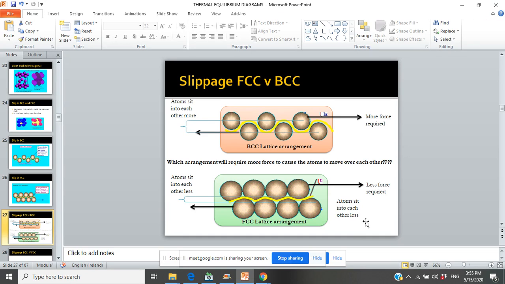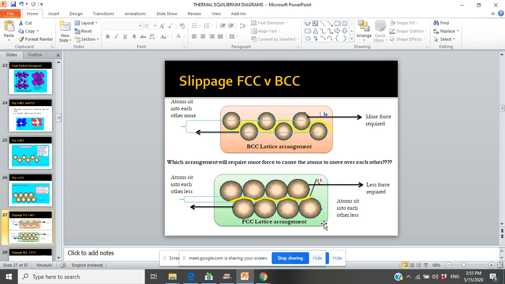The FCC. I mean BCC. No, no, no. You're right the first time. FCC. Look, there's less of a bump there. Oh, the bottom one. Yeah, the bottom one. There's less of a bump in the FCC. The atoms sit down into each other less. So therefore, it'll take less force to apply to move these atoms, meaning that FCC is going to be soft